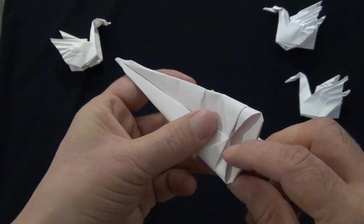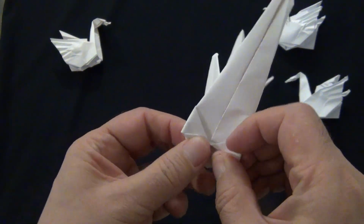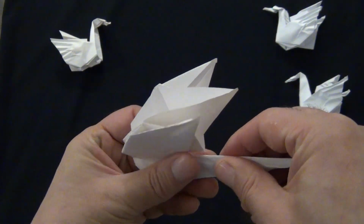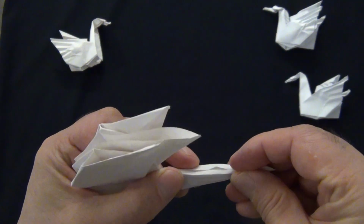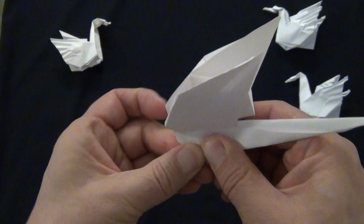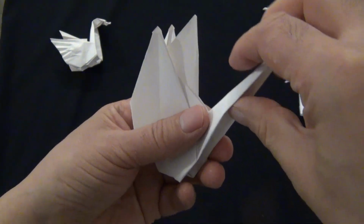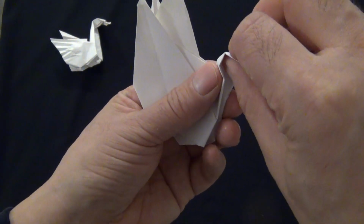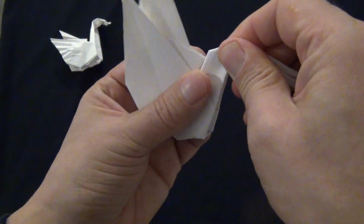So the corner also, fold this way. Fold this way. So fold it well, and then I will, with my thumb inside, use my finger, and I fold the paper to get a neck